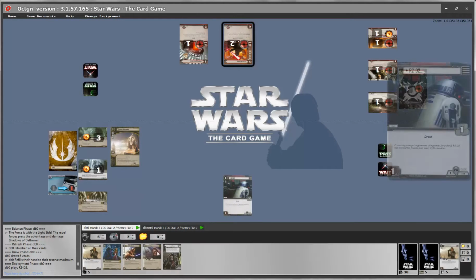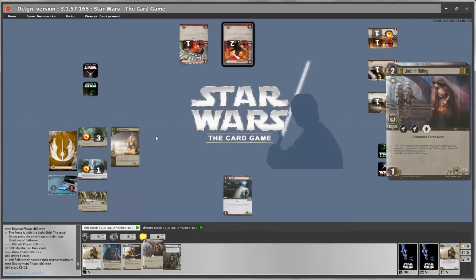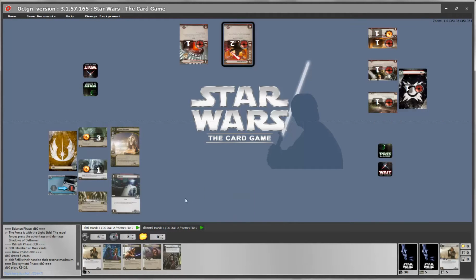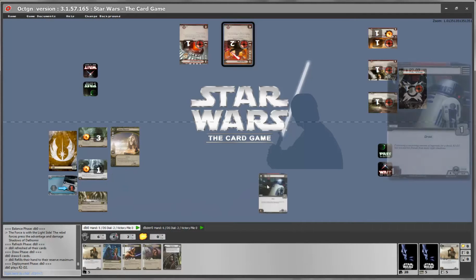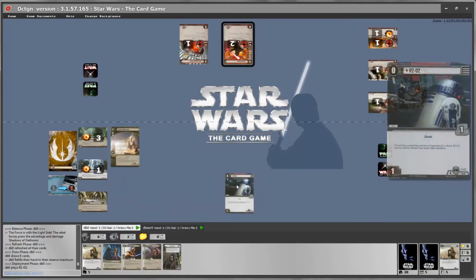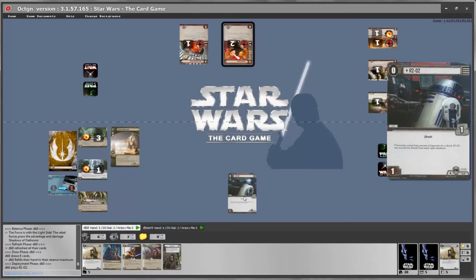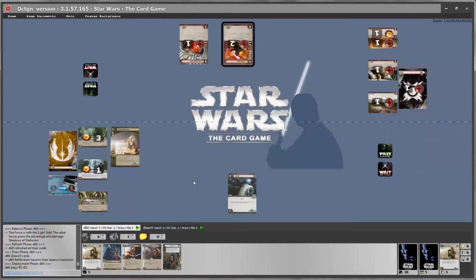As you can see, the units are placed automatically on the table in a comfortable position. You don't have to move them around. However, if you do want to move them around, you can. Nothing prevents you. You can move them around to any location that you want, and the game will even remember where you placed them. But let's say, for example, that once we played our R2-D2, our opponent wants to react, because there is a reaction window.